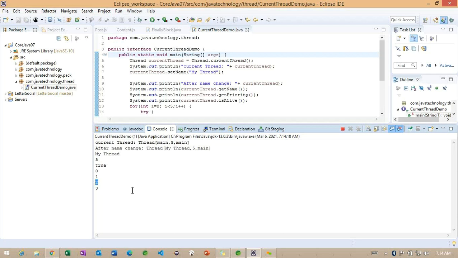So based on this particular 5 seconds of time, what is it doing here? It's sleeping 5 seconds, after that it's starting here. After 5 seconds, it's trying to execute, but you can observe the current thread is terminated. But how many values did we get here? 0 to 4, so around 5 values we got. Getting the point. But make sure the sleep method is also available in the Thread class.